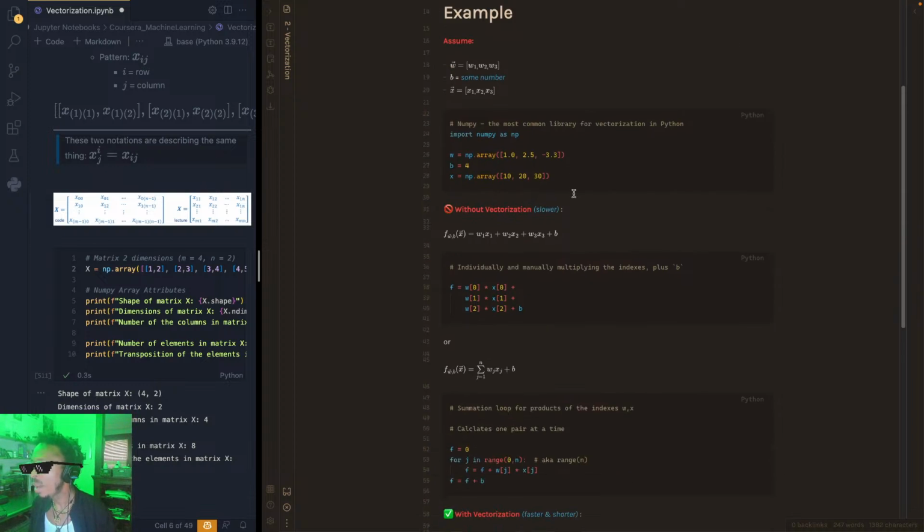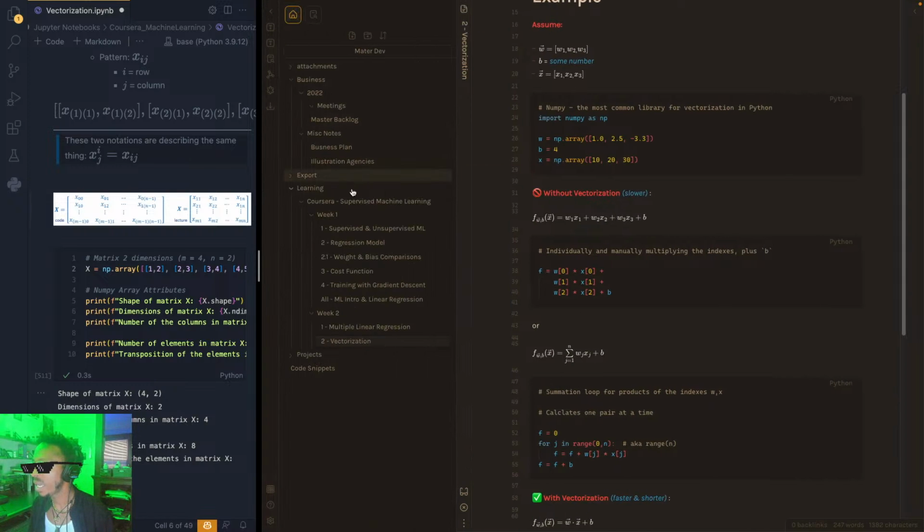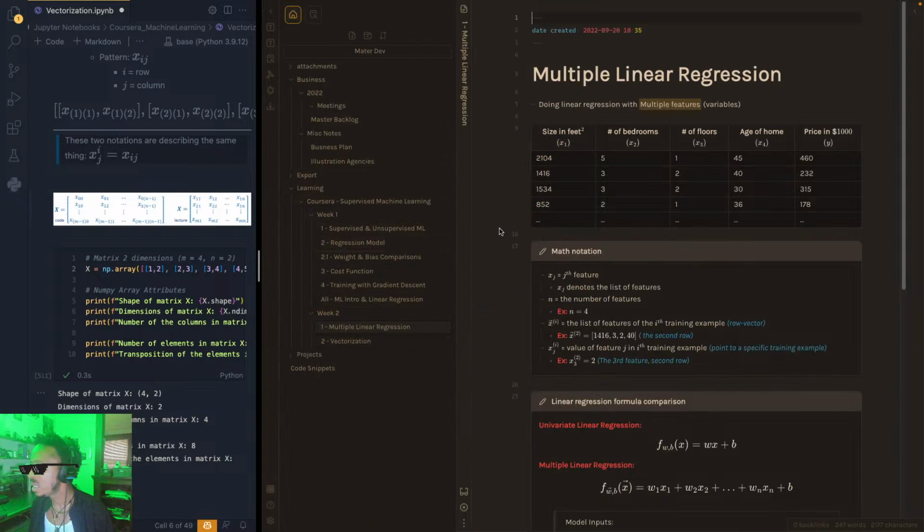So what does that look like? Let's take a look at what a table looks like. This is an example of a data table for some features of a home that correlate to the price. Think about each of these as being columns and rows. Each of these columns is like an array, and these arrays together make a matrix, a two-dimensional matrix. So this is the thing that we're thinking about when we're dealing with this